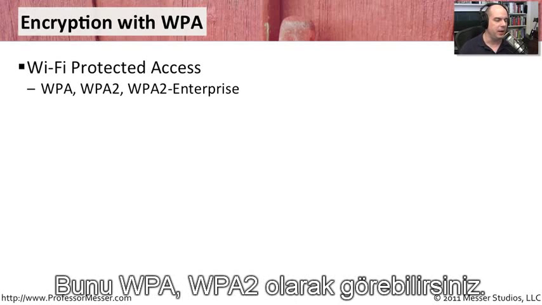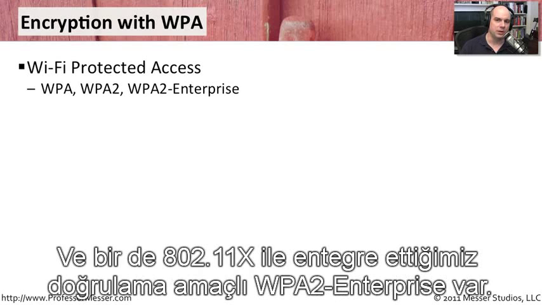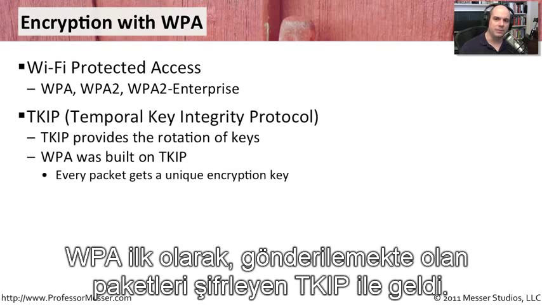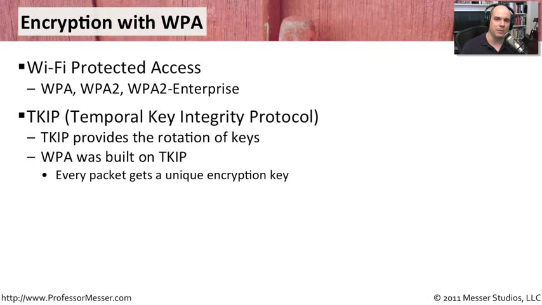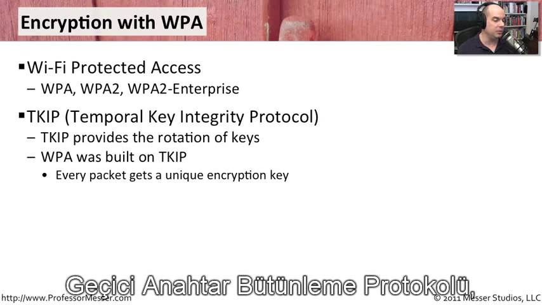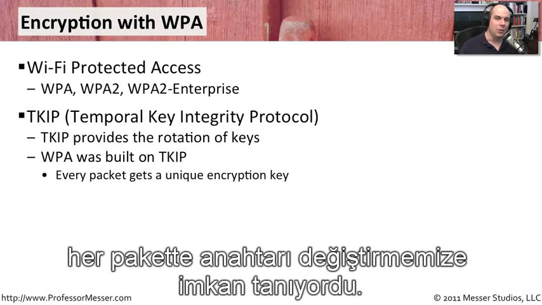And you'll see this referred to as WPA, WPA2, and there's even a flavor called WPA2 Enterprise where we are integrating with 802.1X to be able to do authentication. When WPA first came out, it used something called TKIP as the ability to encrypt the data that was going by. So this was an improvement over WEP, primarily because this Temporal Key Integrity Protocol allowed us to